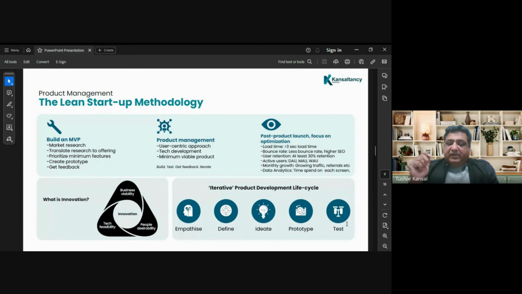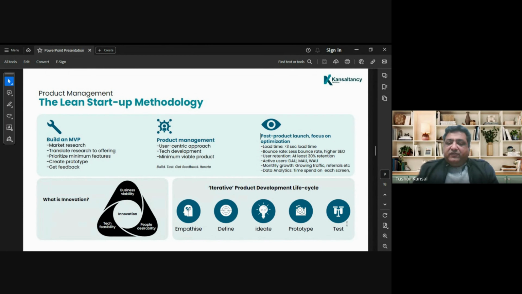For example, who is the customer? What product do they actually want? How do you build a scalable business around it? So, those questions can be answered when you are testing and iterating and taking feedback. Design thinking is also a user-centric approach to problem solving. You have to create a design which is easy to use and which customers can really understand. After that comes the